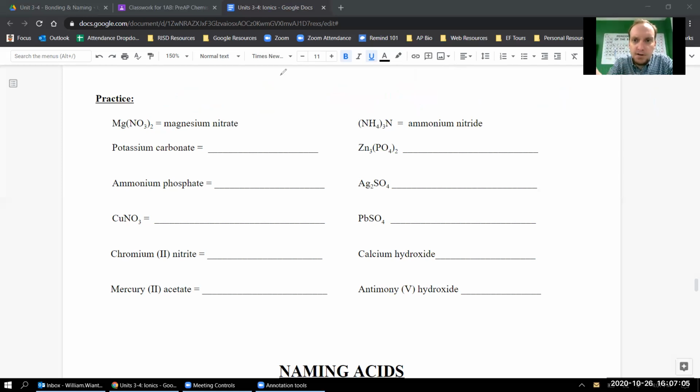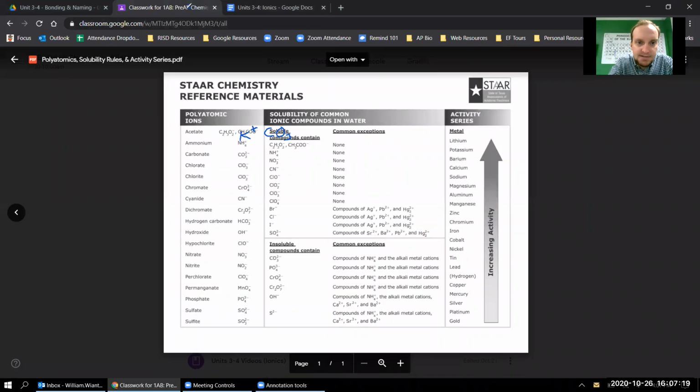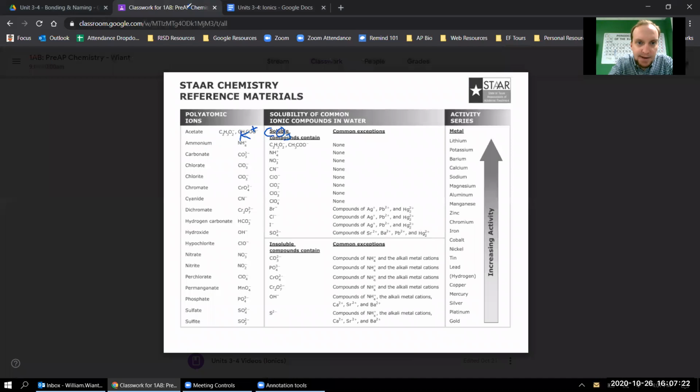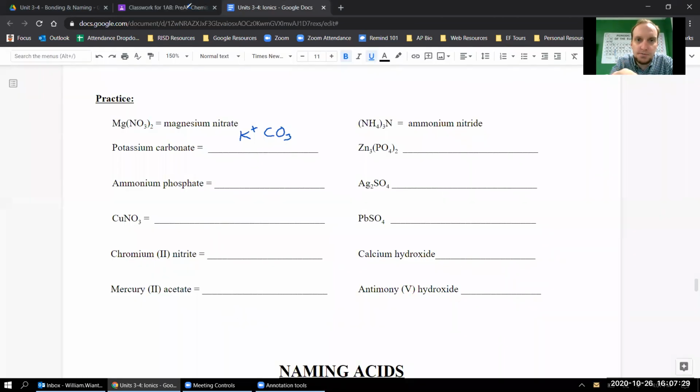What we have here is potassium carbonate. K is a group 1 metal, so it's a +1. Carbonate is CO3, and it has a -2 charge. You see that right there, CO3, and above it is a 2-. So CO3 with a -2 charge. Again, I'm going to cross that down there, cross that down there. So my final answer is going to be